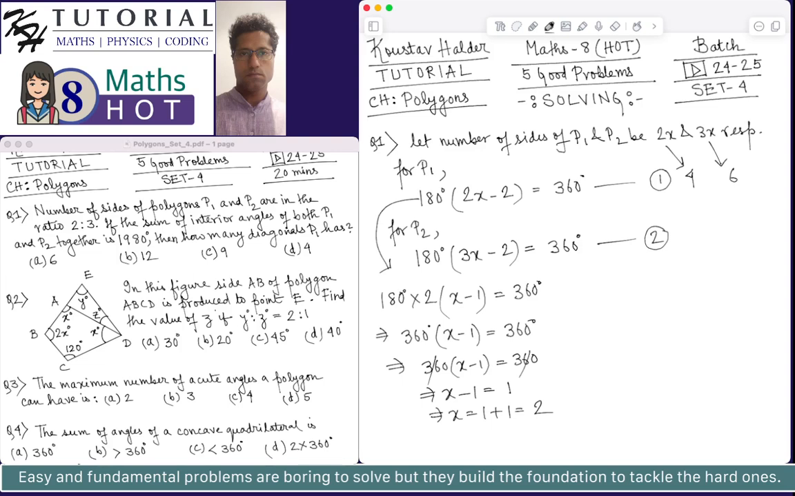Okay, so we see that the number of sides of P2 is 6. So we get that the number of sides of P2 is equal to 6. Why? Because it will be equal to 3x, which is equal to 3 into 2, because x is found to be 2, which is equal to 6. So this implies the number of diagonals